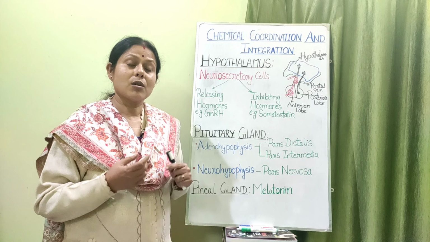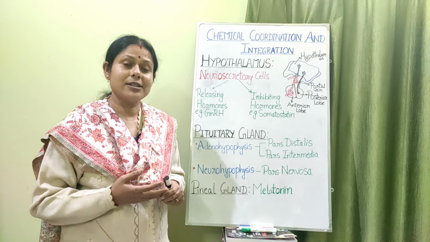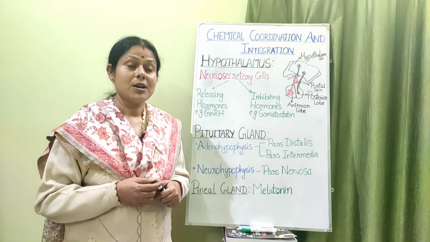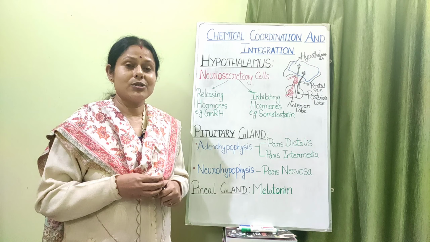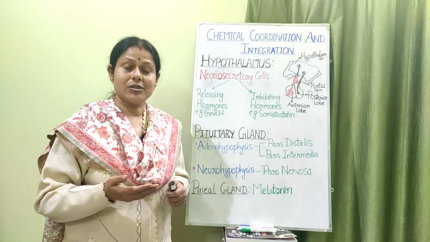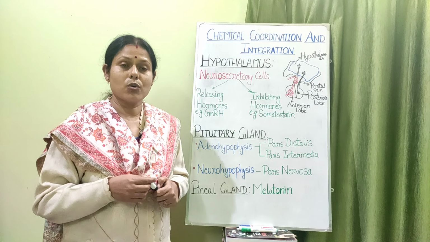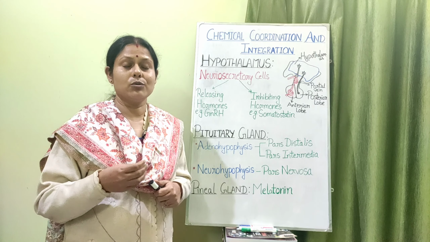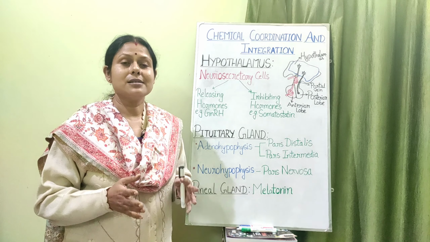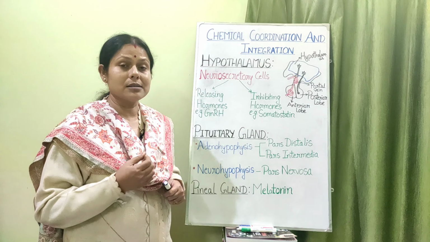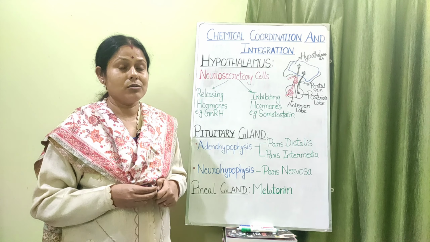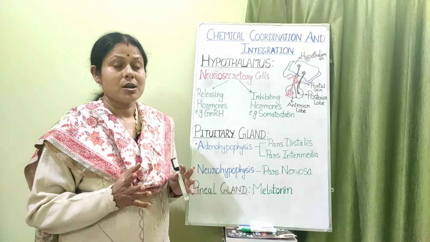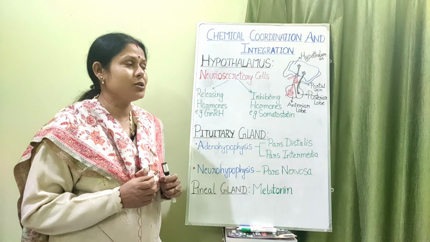Besides, what are the other hormones released by the anterior pituitary lobe? ACTH, adrenocorticotropic hormone, which guides the adrenal gland to secrete hormones, that can be glucocorticoids and mineralocorticoids. They are associated with the metabolism of glucose and the balancing of minerals and all those things. So that is under the influence of your ACTH. So these are the various six trophic hormones released by the anterior pituitary lobe.